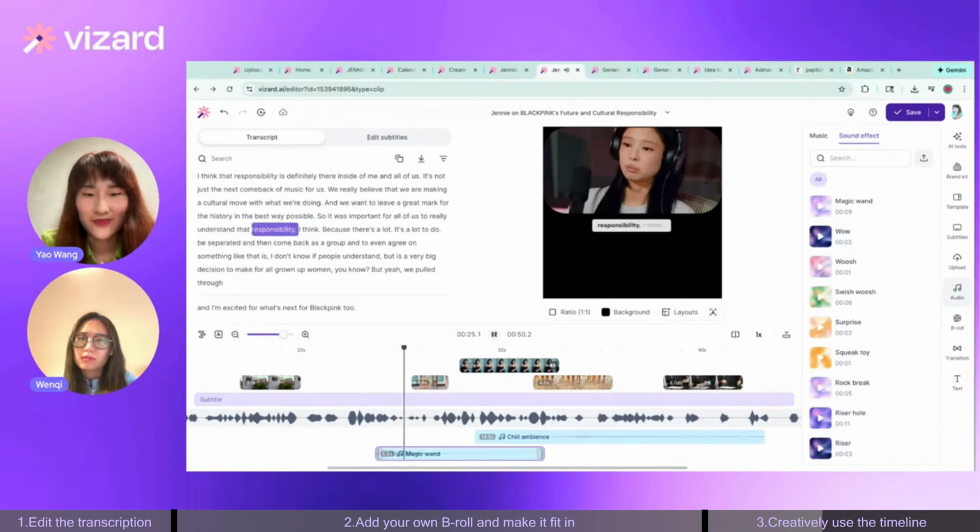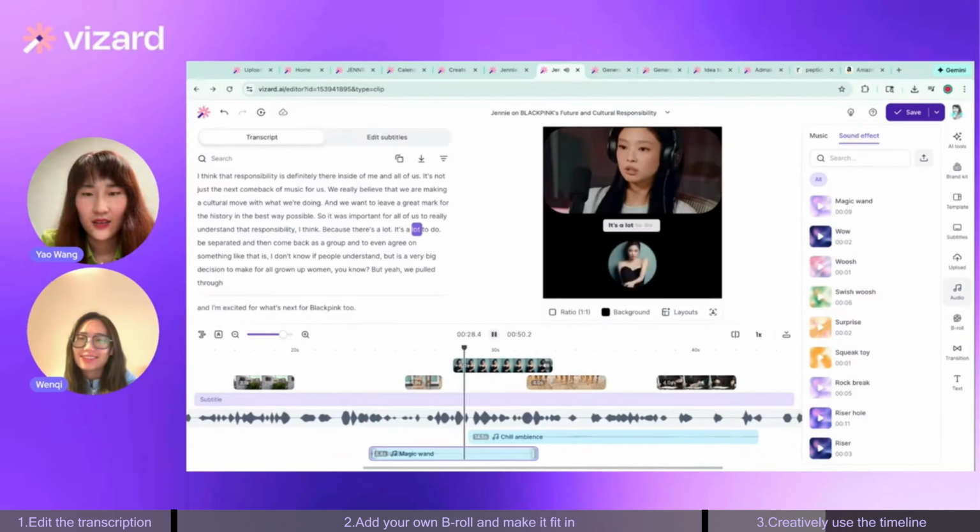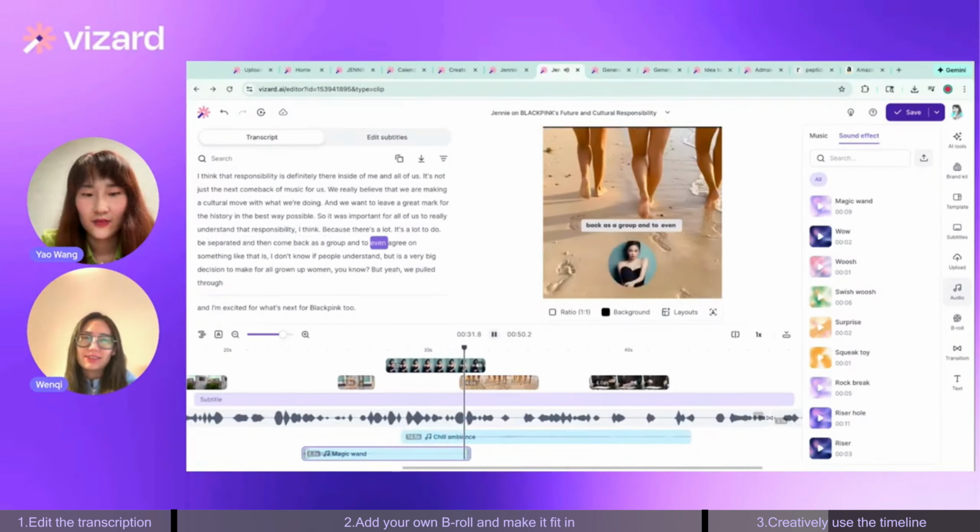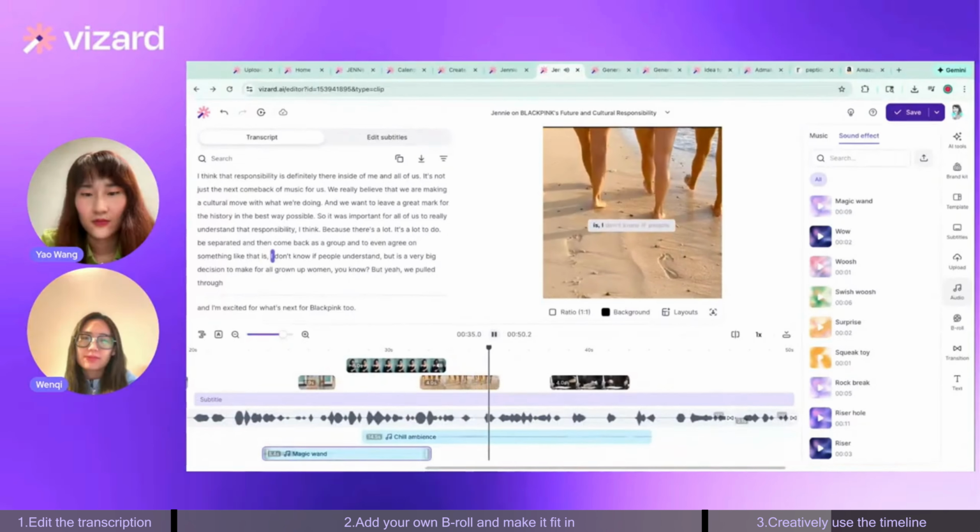Us to really understand the responsibility, I think, that because it's a lot to be separated and then come back as a group, and to even agree on something like that is, I don't know if people understand, but is